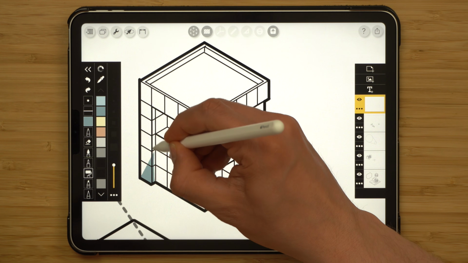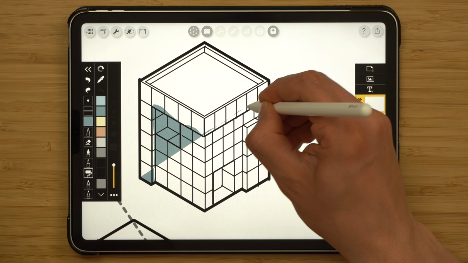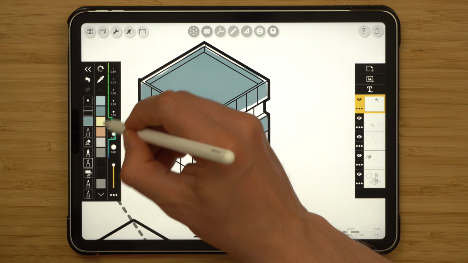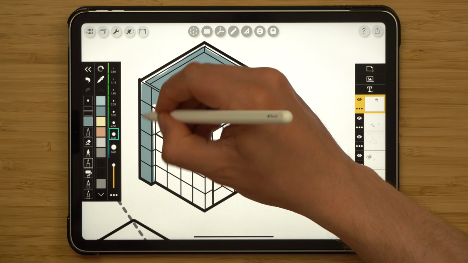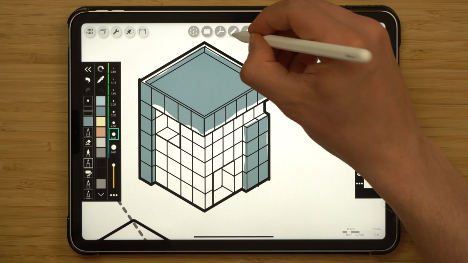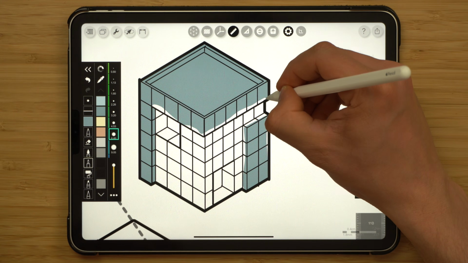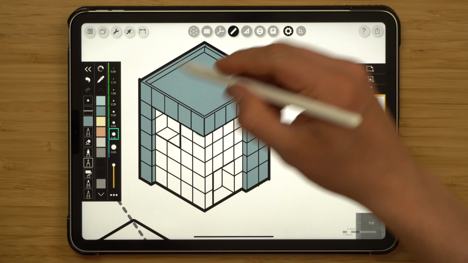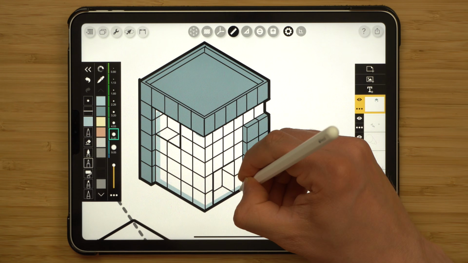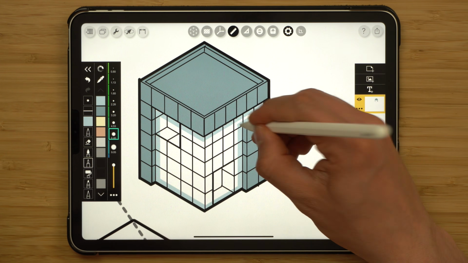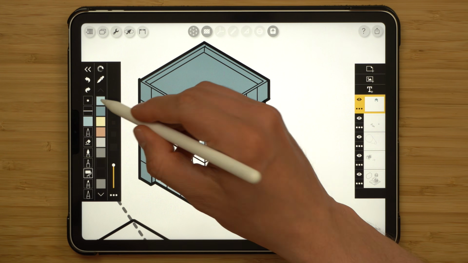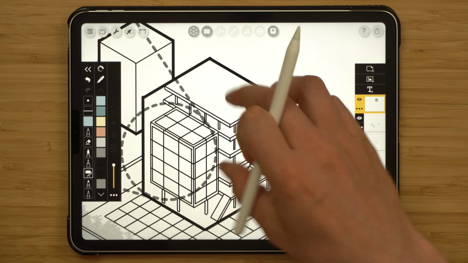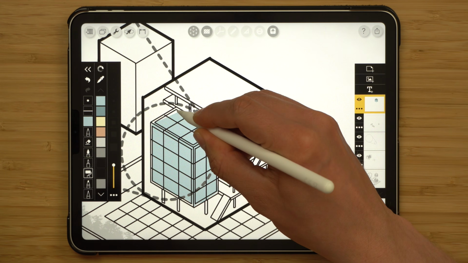So I'll start with the roller tool first, just to cover all the solid elements of the building. And then I'll use the pen tool with 6 points to cover the edges. I might actually use the ruler tool to snap to the grid. And then select the lighter color for the glass windows. I'll then proceed to color the rest of the bits in this time lapse.